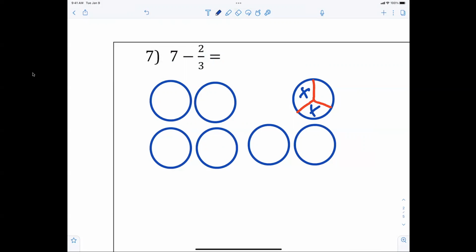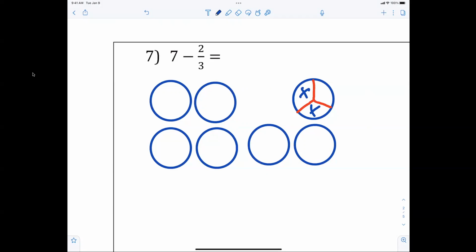How many whole pizzas are left? 6. And then what part is left? 1/3. That's how simple that is. There should be no thought process here. You shouldn't say 7 over 1 and make that 21 over 3, and 21 minus 2, 19/3, and then convert it back to mixed. No, everybody should be able to look at a whole number minus a fraction and say,